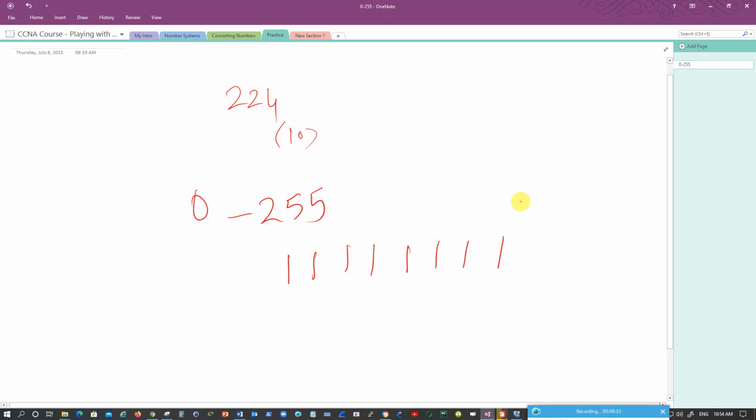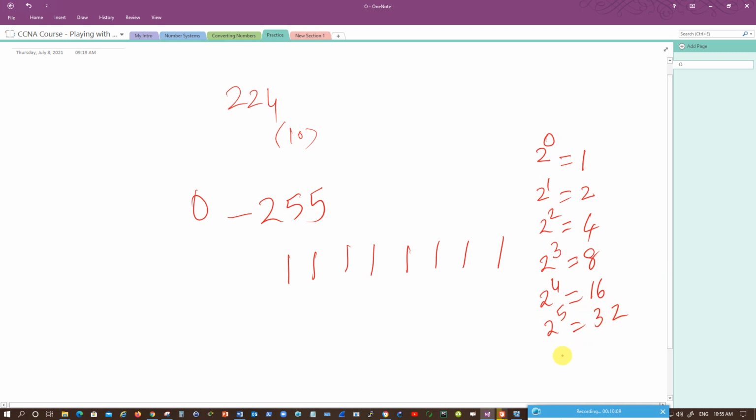Then I'll write down the powers of 2 here, because we are dealing with binary. We will start from 2 to the power of 0. Mathematics says anything to the power of 0 is always 1. 2 to the power of 1 will become 2. 2 squared will be 4. 2 cubed equals, some students I have noticed they say 6, which is wrong. Actually this is equal to 2 into 2 into 2, 2 multiplied 3 times, this will become 8. So if you notice closely, the values are getting doubled for each number.